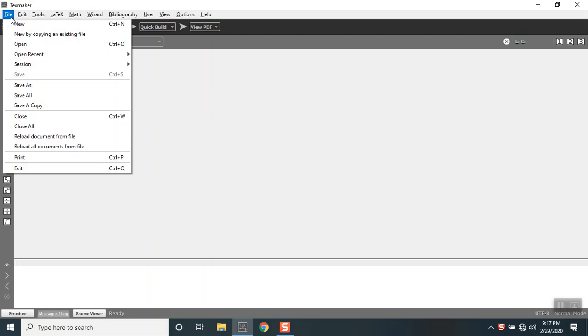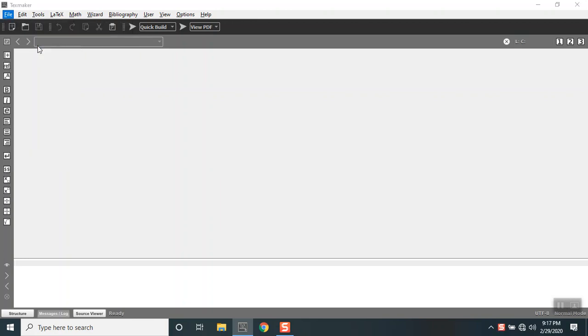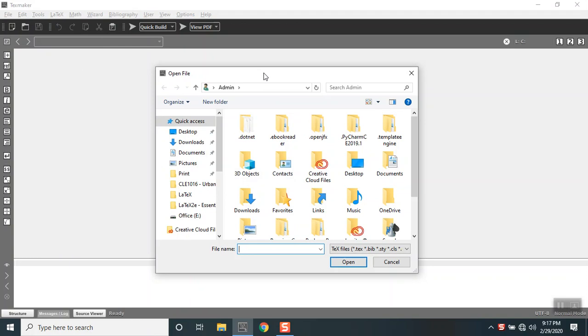Under File, there are a lot of options, and the third option is Open. You can open a file by clicking this, or if you're comfortable with the Windows shortcut, you can press Ctrl O to open up the dialog box to open the file. When I click Open, it opens this dialog box, and I have to navigate to the file which I've done earlier, or if I know the location, I can go directly to it.